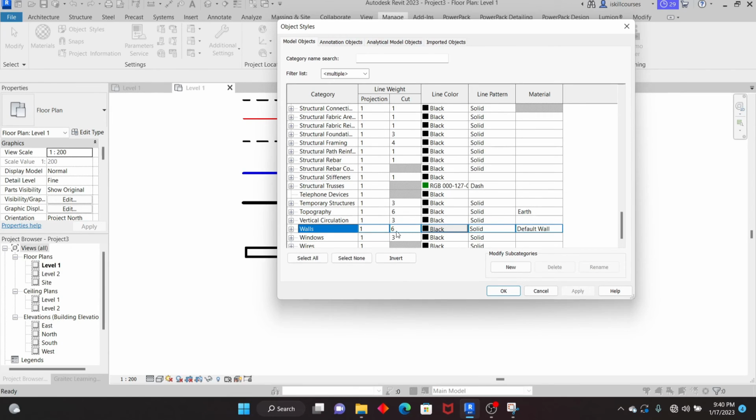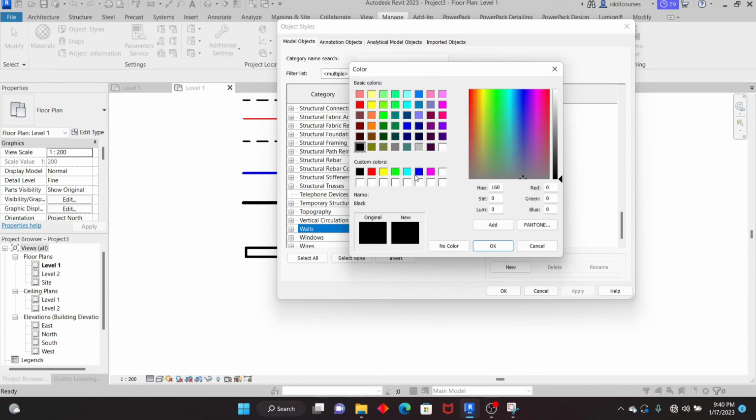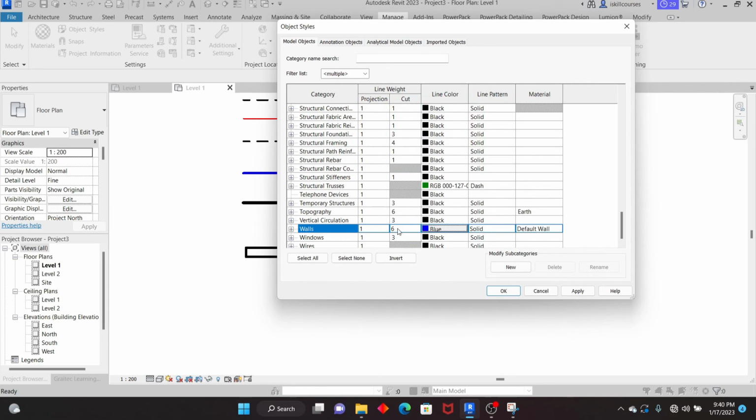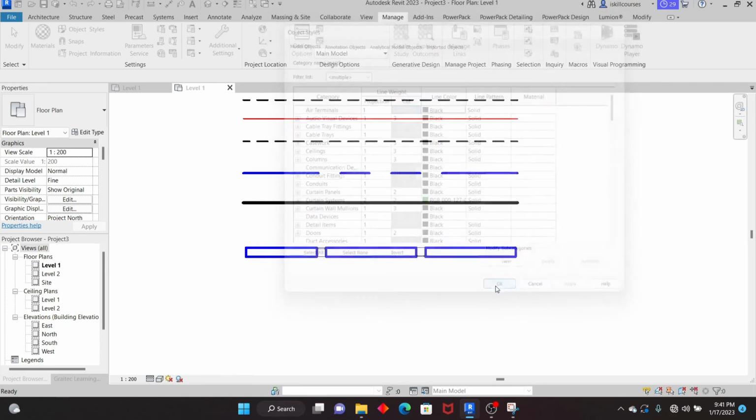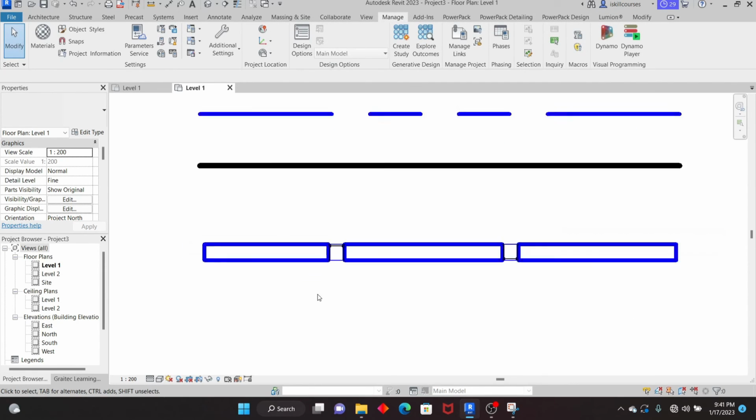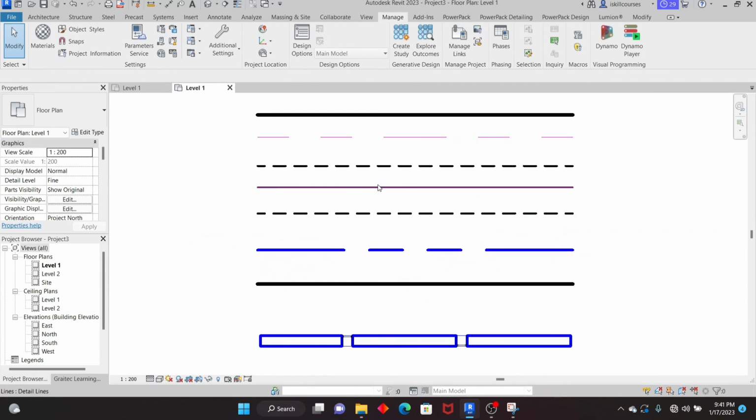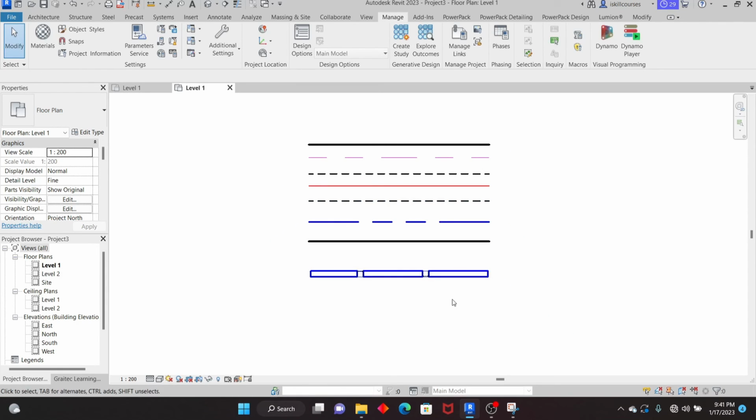It's just picking the thickness from here, but the color you have to change. So you can change the color from here. Okay, let me pick the same color, blue. Click OK. Now this is in cut, in section. Of course, all of it is in section. Apply, OK. You can see that it's able to change like that. So the whole point that I'm trying to explain to you is that for model elements, you have